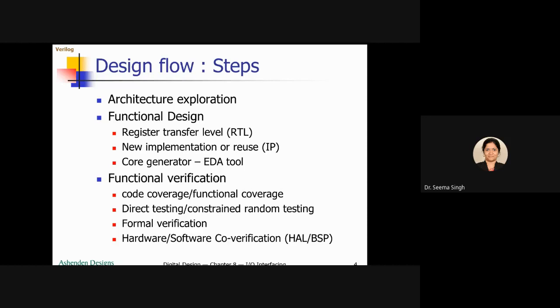And the other thing is that at the lower level of the design hierarchy, the functionality of each component is relatively simple. You know, when it is divided into subunits, the functioning of one single subunit will be simple. So because it is simple, it can be verified completely. But when you come to the higher level of the design hierarchy, the functionality of the subsystem or the complete system becomes very complex.